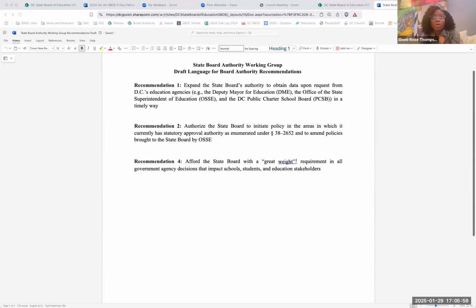Which is probably why I'm also saying I would like us to think about what it would look like. Would it mean that you need a supermajority? Would it mean a supermajority plus some type of impact statement? Would it mean fiscal impact, or some type of process that talks about